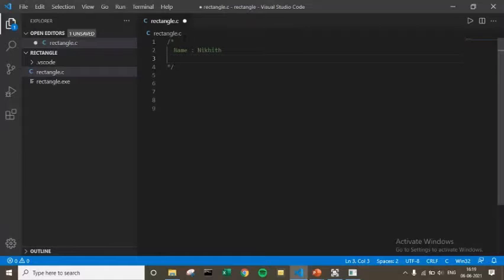So here, as you saw, it started with a forward slash and an asterisk, and it ended with an asterisk and a forward slash. And anything you put inside these two things will be a comment. I generally use this to mention three things at the top: my name, the purpose of the file, and the date.